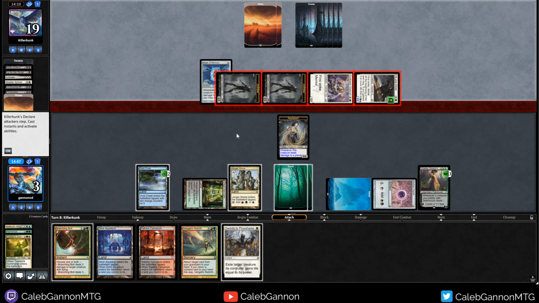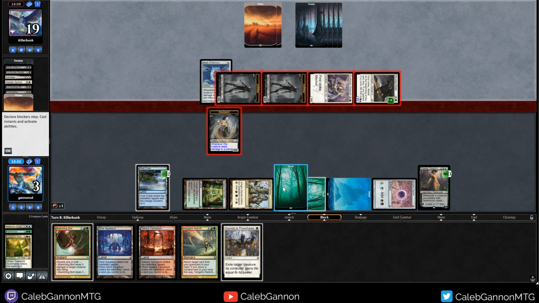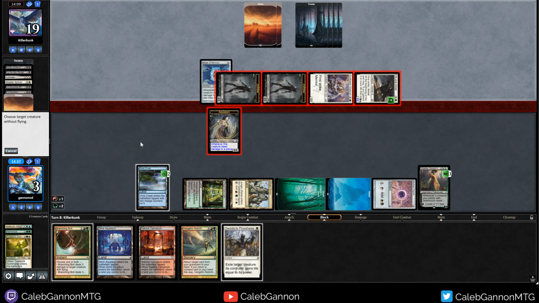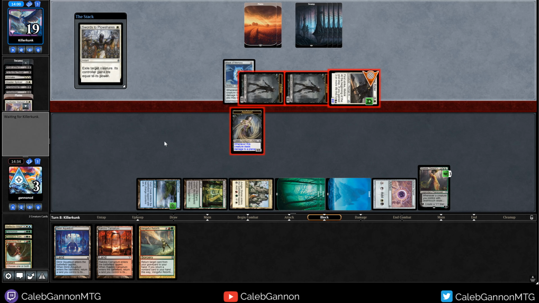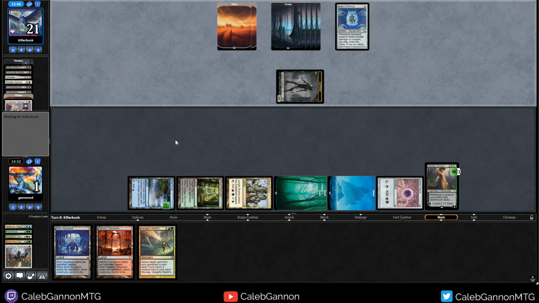Yep. So I'm gonna block the zombie. Branching Bolt: 3 damage to target creature without flying. Kill this one. I'm going to Swords to Plowshares that one. Go to 1. These have been some really swingy turns. I'm alive! I mean, they have 3 cards in hand, so it's not great, but I could do something like